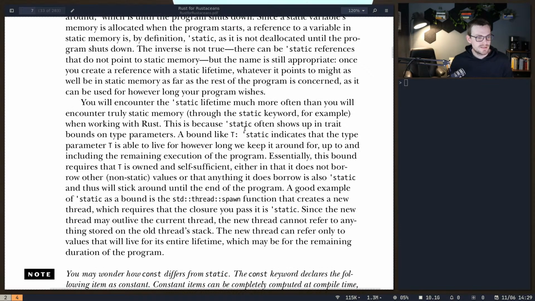This is because 'static often shows up in the trait bounds on type parameters. A bound like T: 'static indicates that the type parameter T is able to live for however long we keep it around for, up to and including the remaining execution of the program. Essentially, this bound requires that T is owned and self-sufficient, either in that it does not borrow other non-static values, or that anything it does borrow is also 'static, and thus will stick around until the end of the program. A good example of 'static as a bound